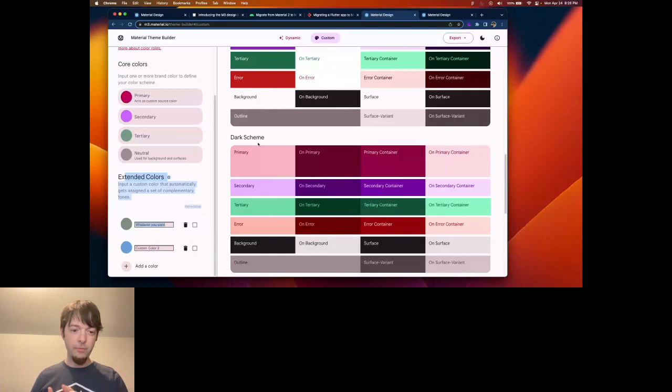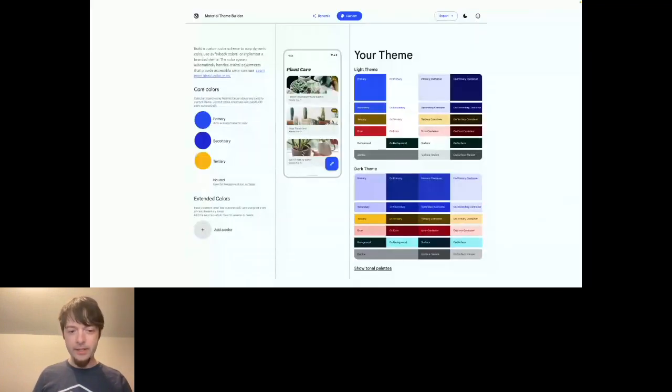If you want to go in a little bit more depth or make sure you don't have to set every single thing by hand, there's a few ways you can get around that, and we'll do that with a little bit of live coding as well. So that's actually Material theme, and the way that you're able to use both the theme builder from the web instance as well as the Figma plugin to get some color schemes set up,